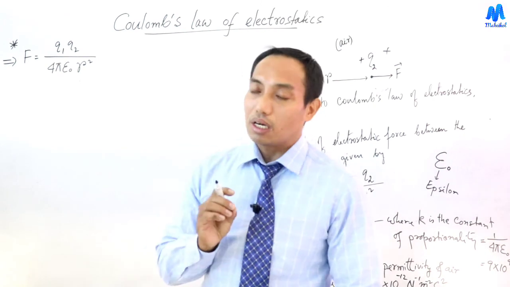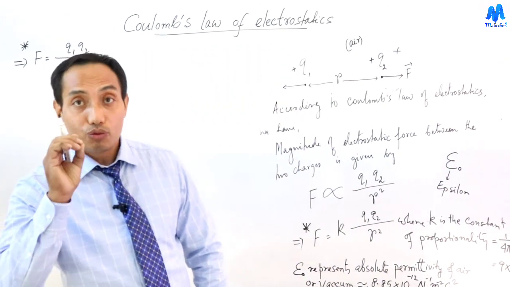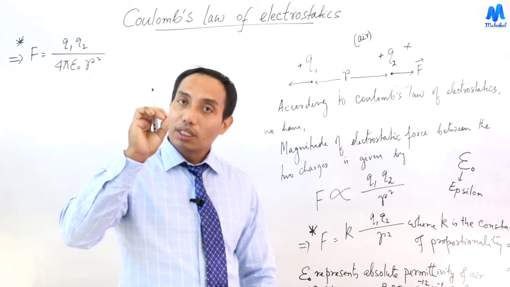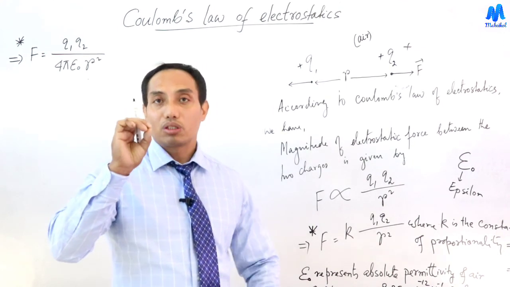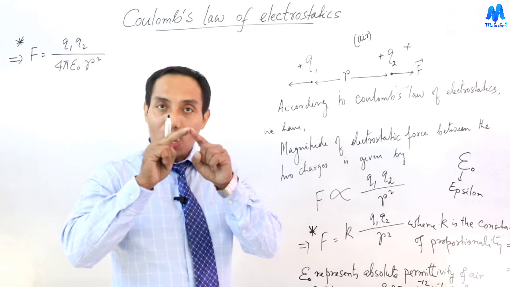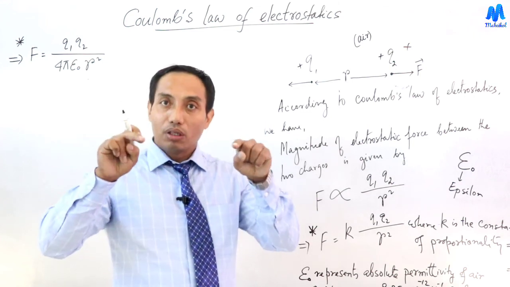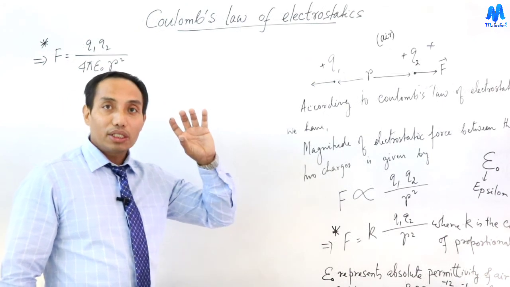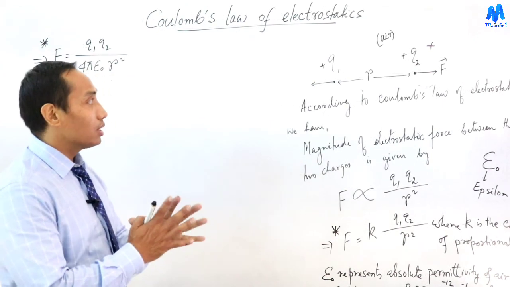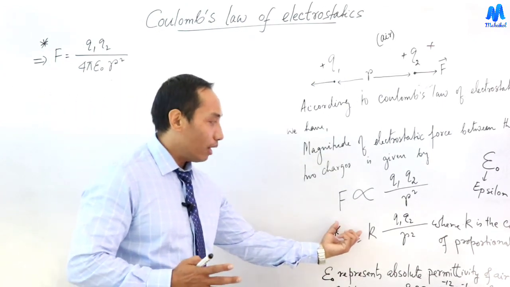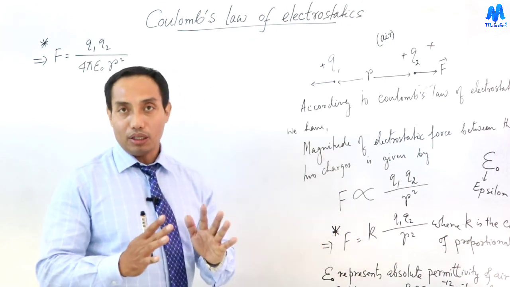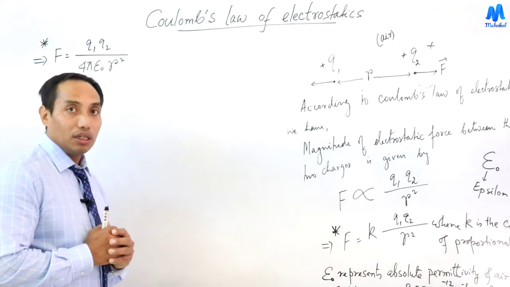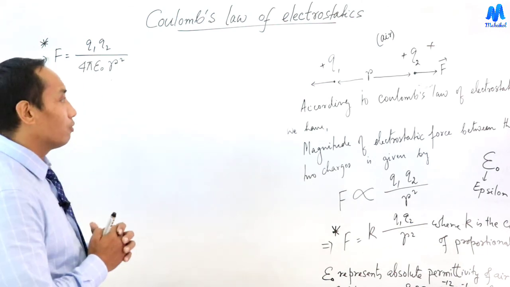So the electrostatic force is a central force, meaning its direction lies along the line joining the two charges. To find the electrostatic force between two charges, we apply Coulomb's law in this form. But force is a vector quantity with direction, so how do we find the direction of